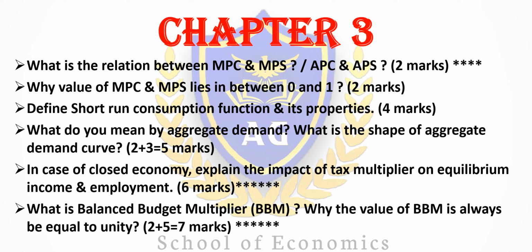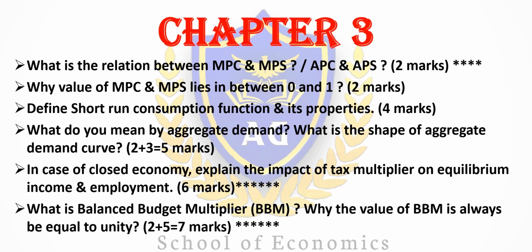Next one is in case of closed economy, explain the impact of tax multiplier on equilibrium income and employment. As Calcutta University has already asked questions like the impact of government expenditure multiplier and investment multiplier on equilibrium income and employment in previous year questions, this question is very important for this year. Last one is what is balanced budget multiplier, that is BBM, and why the value of BBM is always equal to unity. This is a 2 plus 5, that is 7 marks question, and this is a very important question